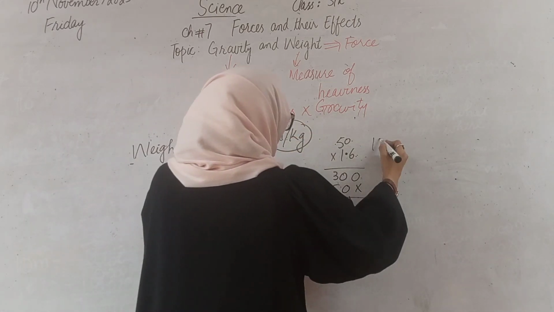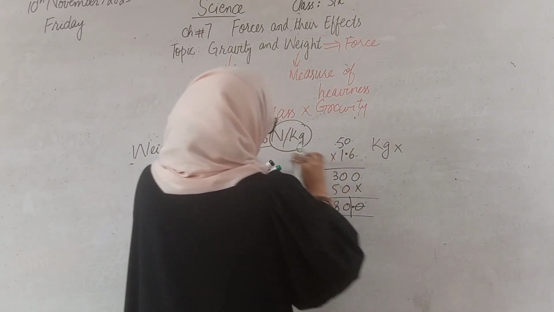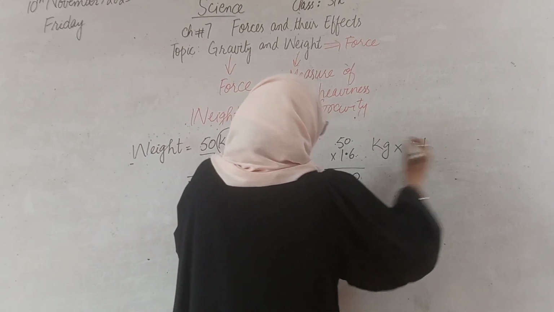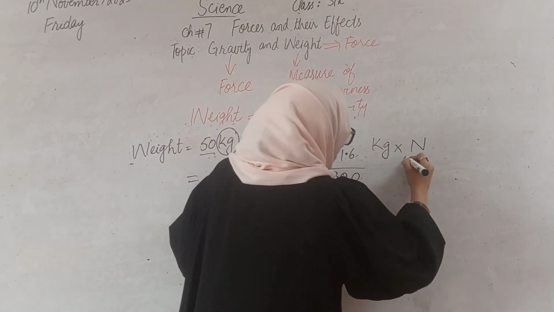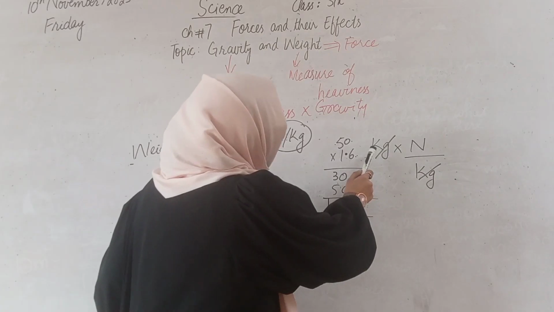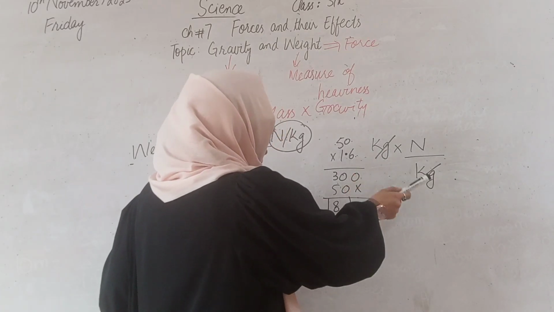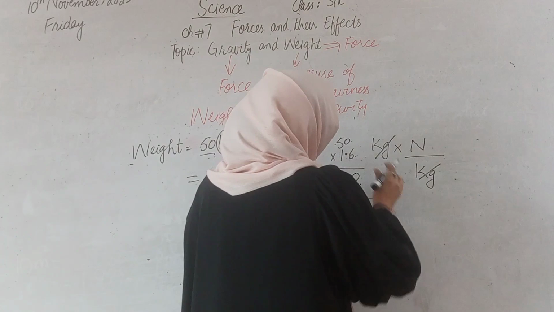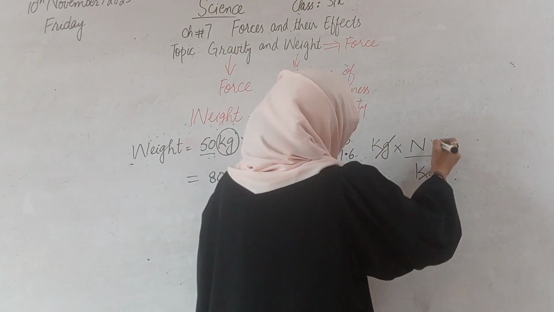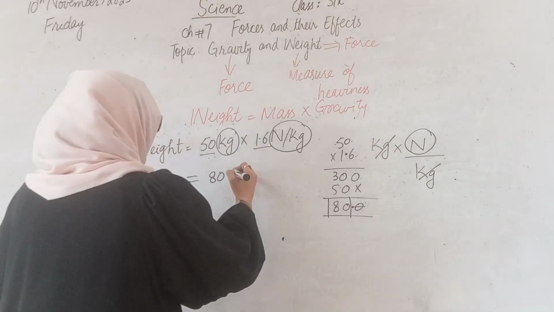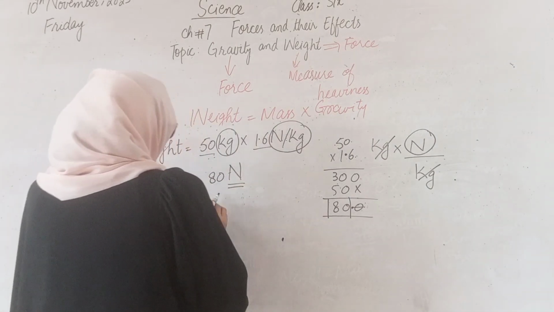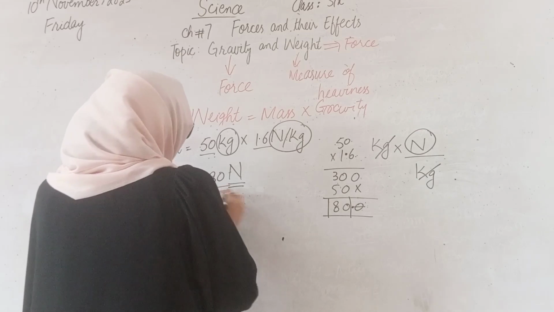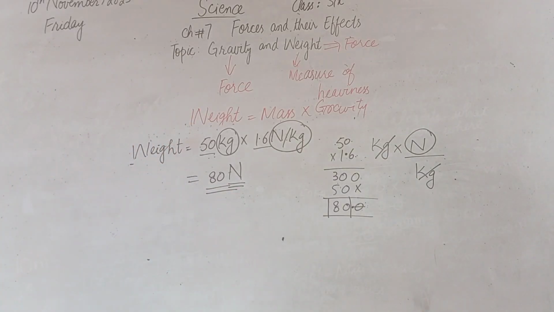Okay, kilogram multiplied with Newton per kilogram. Newton and per means divide. Newton per kilogram. There are the same things in the denominator and numerator. You know that we will cut these same things. Kg will cut with kg, and we have obtained only Newton, so we will write here Newton. It's a unit. So we have the answer 80 Newton, and Newton is a unit of weight. It is mandatory to write the unit as well,